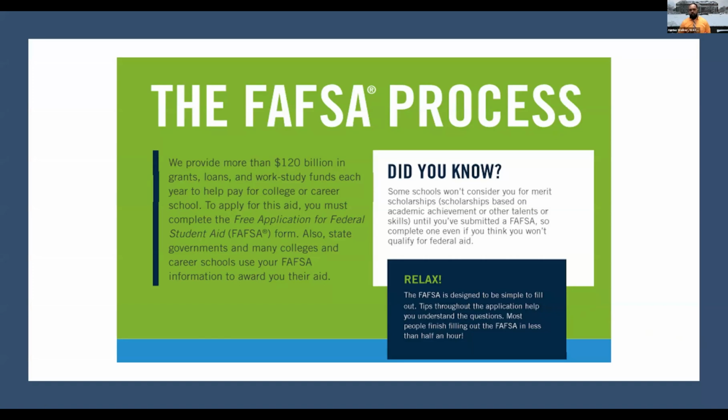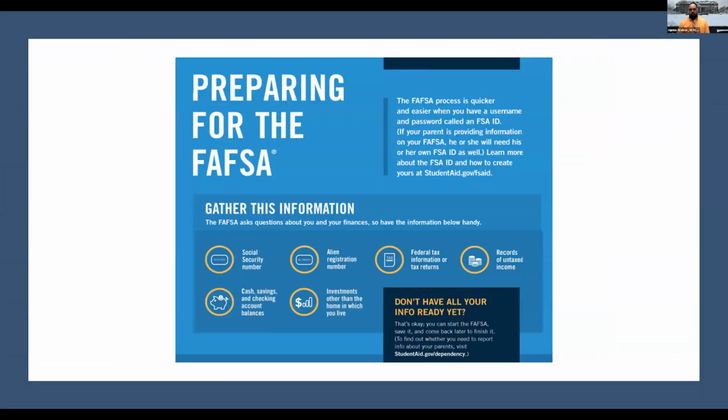Once you go onto the Free Application for Federal Student Aid website, which is fafsa.ed.gov, you're going to be asked to register for what's called an FSA ID. And now, in order to even get access to the money that's available for FAFSA, you're going to have to complete this FSA ID for yourself and your parent. When you're getting ready to apply for your FSA ID, it's like registering for any other website, except you are